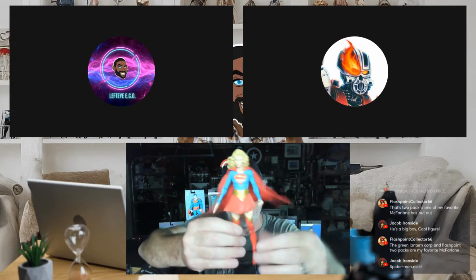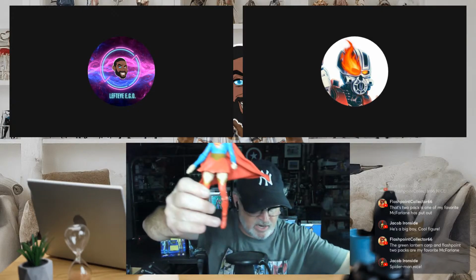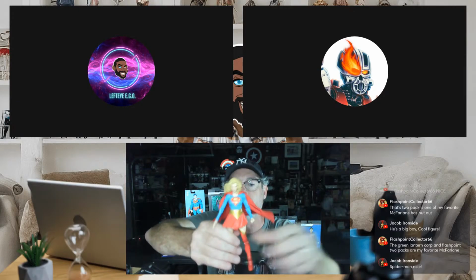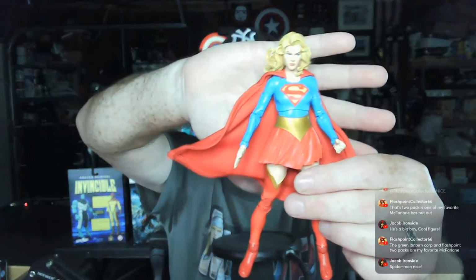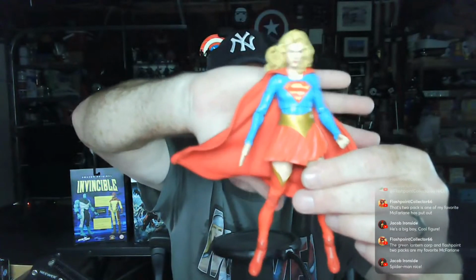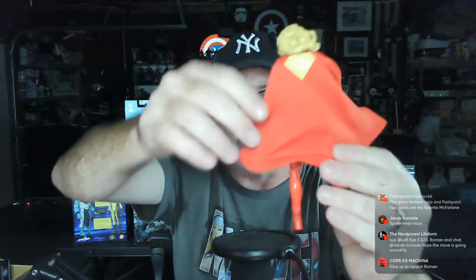So standard articulation again, normal business with these figures. She does not come with a flight stand, which I will probably make one of my own. I saw there's a nice YouTube channel that shows you how to make your own flight stands out of 75 gauge wire, and they last forever. And the heat in the garage where I display my figures does not affect them, whereas the plastic ones end up getting real bendy, which is too bad. It's because it gets hot out here.